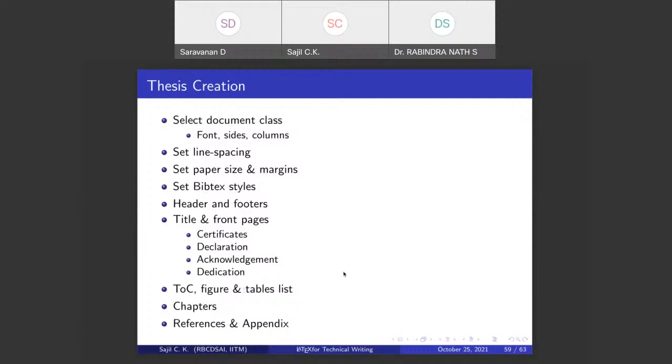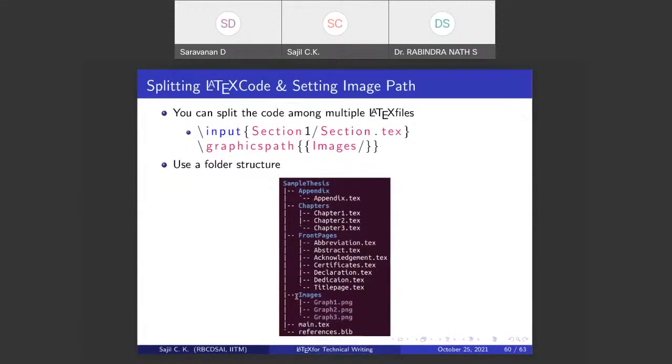And you can organize the whole file into different chapters and call each chapter as and when it is required from the main.tex file. And then you have the references, and you can even add an appendix to it, like the source code, the Python code or Java code or whatever supporting code or pseudocode you want to include. So this is a sample file organization method. This is what I recommend.